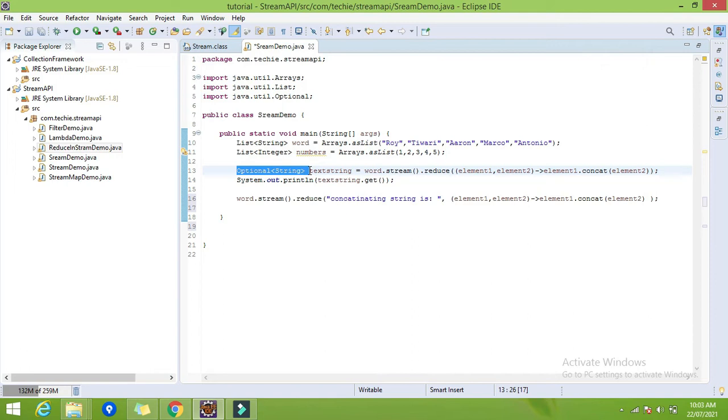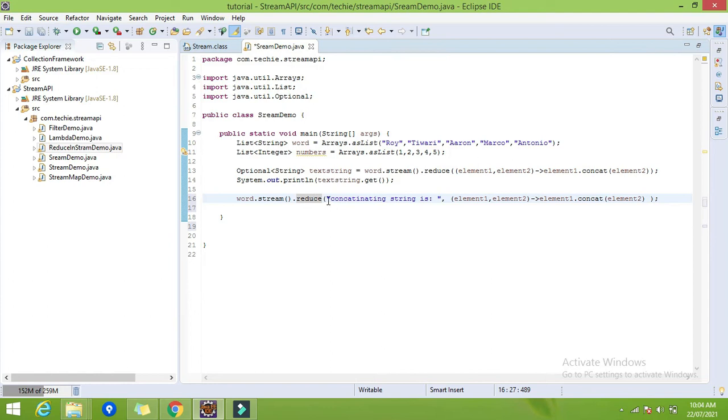So that's why we can specify the initial value so that we get that initial value at least. So that's why we have this extra parameter. If the result of this operation is null, then we will get at least the identity parameter we have defined here, right?